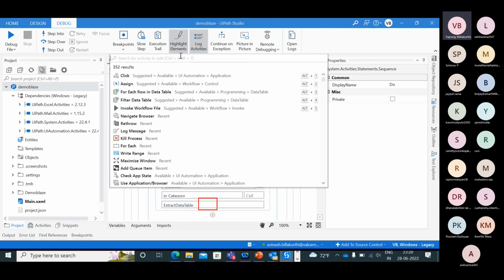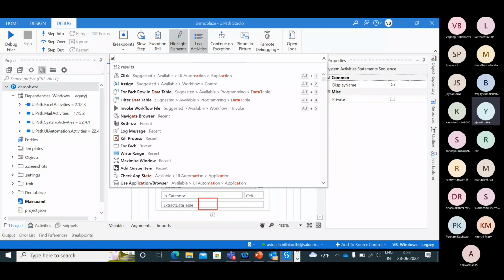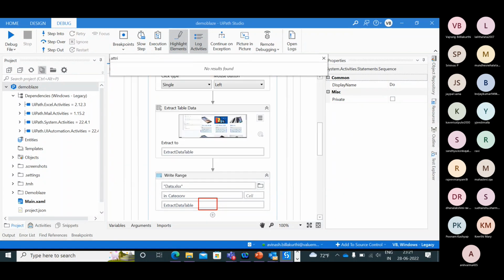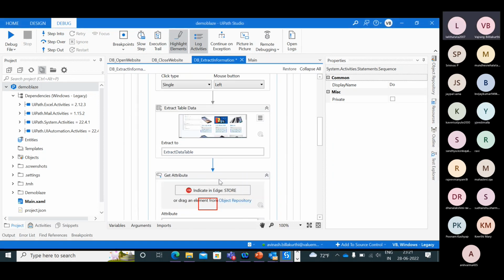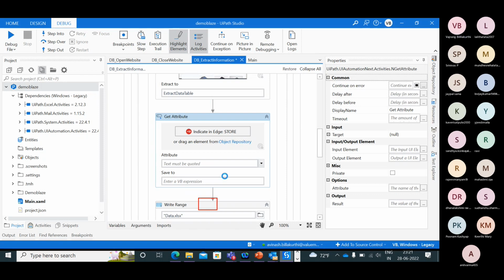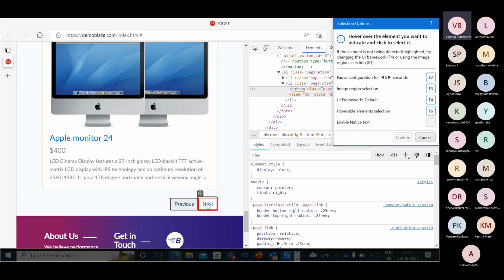So, do you know how to extract properties of any element? Do you know it or not? No. Get attribute is the property. So this is the property.